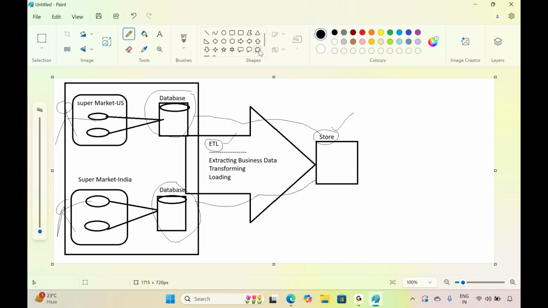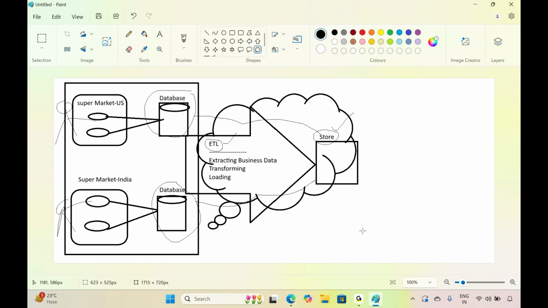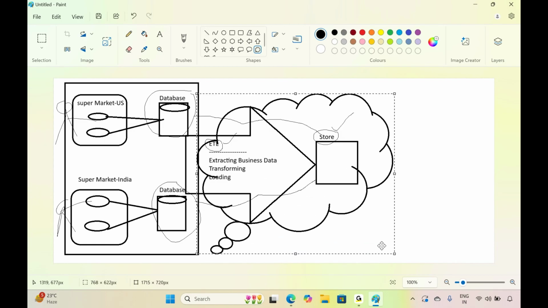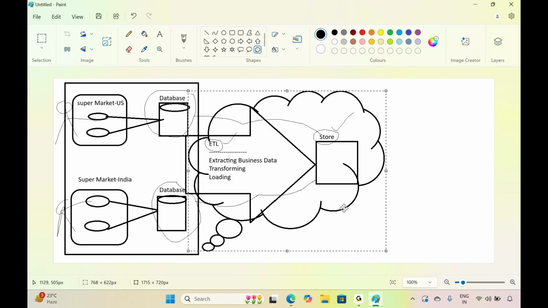So I am going to use software already managed in a cloud. Those software you can use to implement this ETL process and store the data.